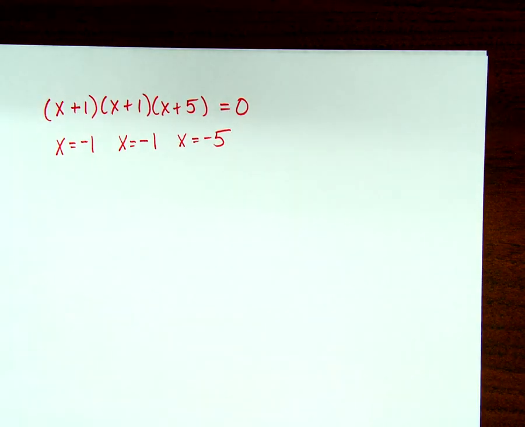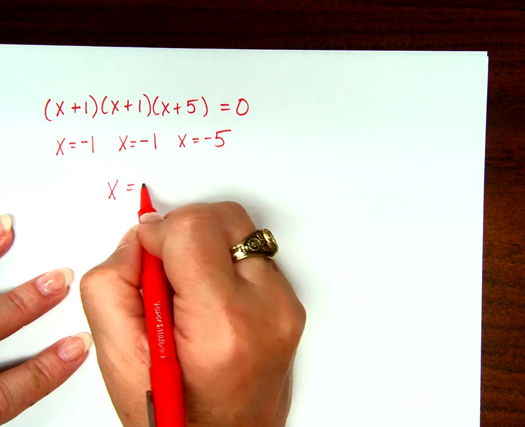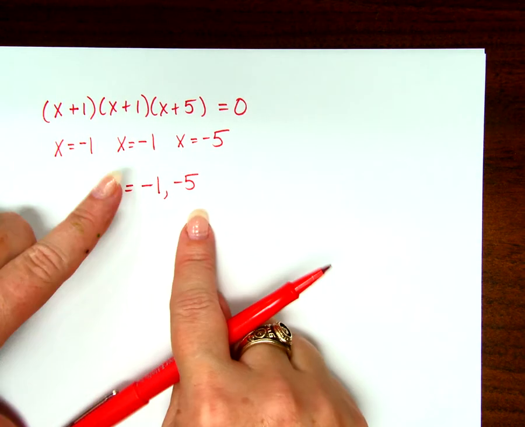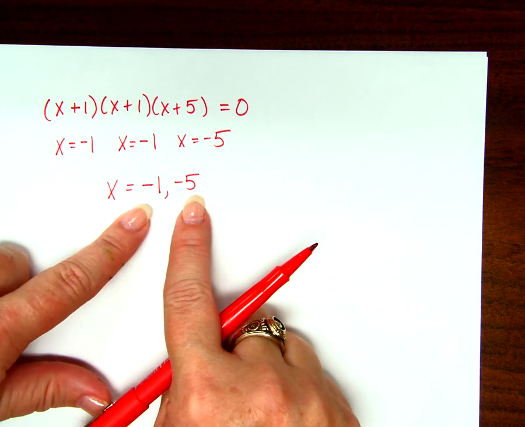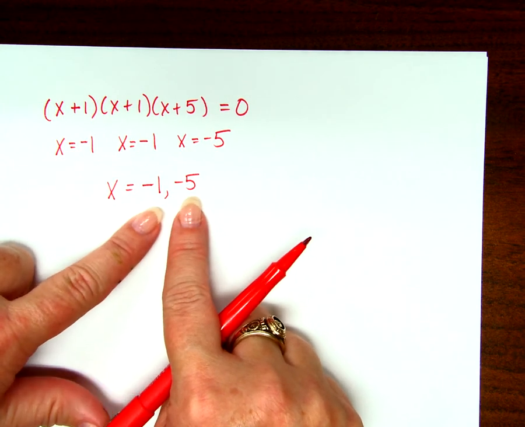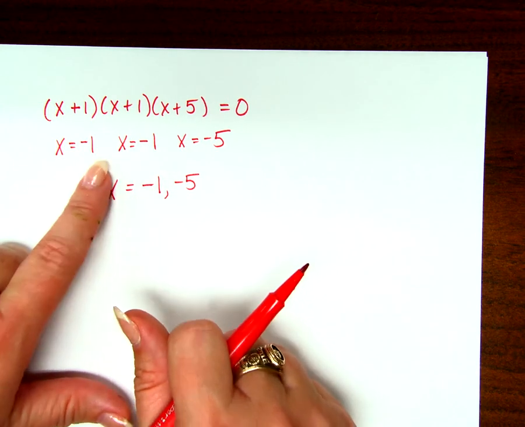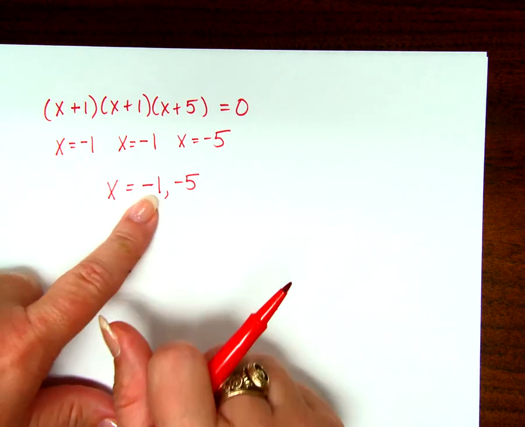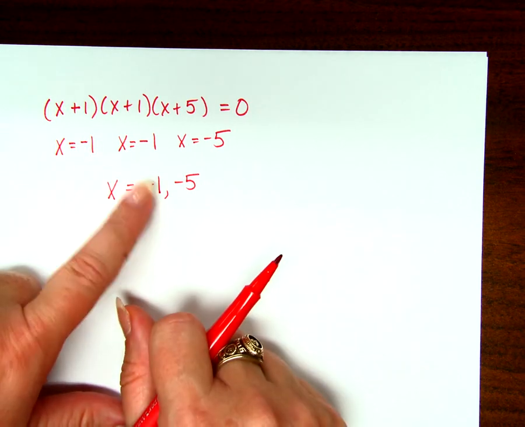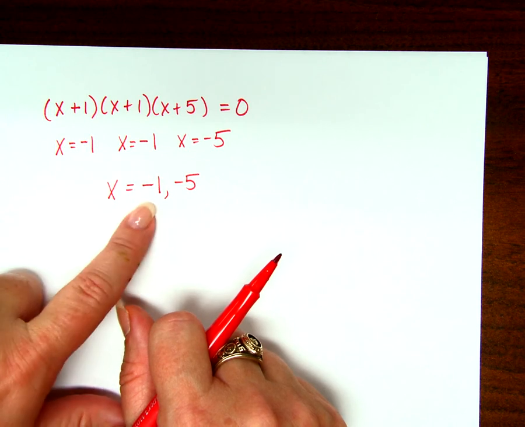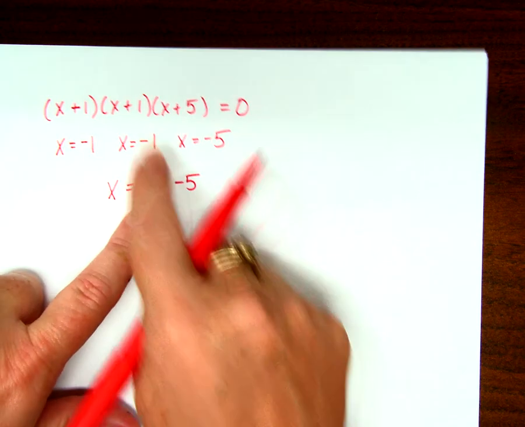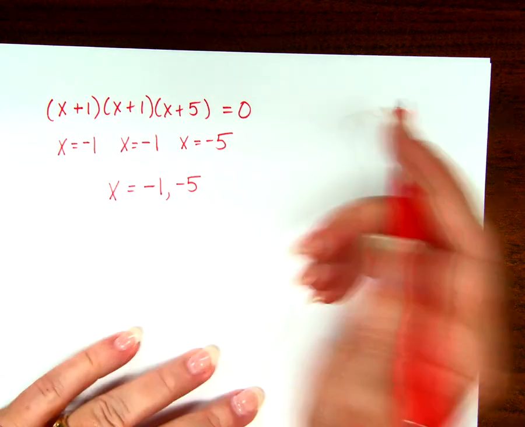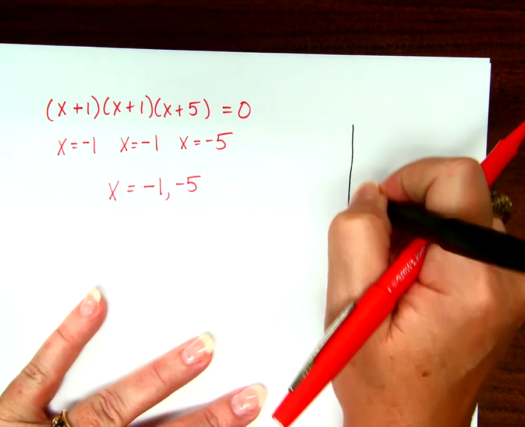So how many solutions are there really? -1 and -5, right? I don't need to repeat the zeros when I write it down as my answers. But how many times did -1 happen? It actually happened twice, right? So this zero right here actually has a multiplicity of 2. You can know that also because there's 2 of the same factors right here, okay? Another thing I want you to realize is that if you graphed this,